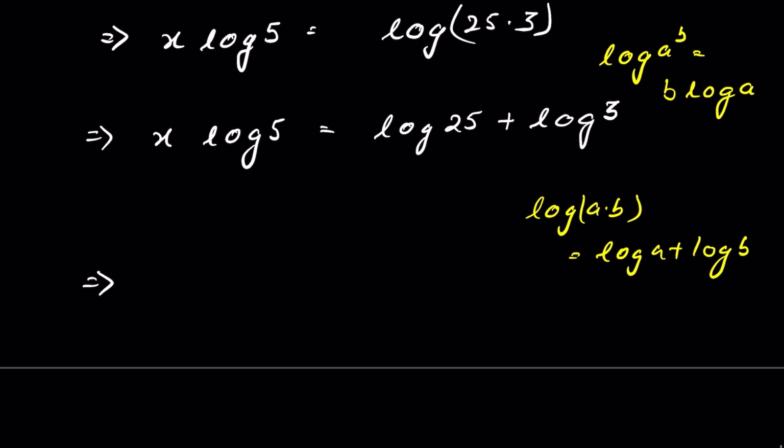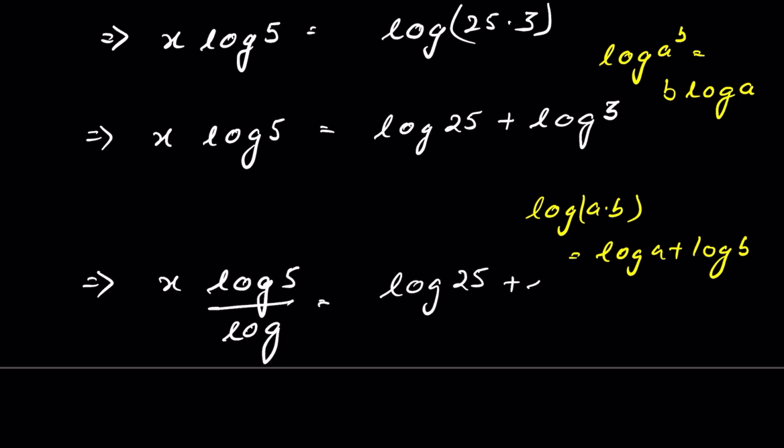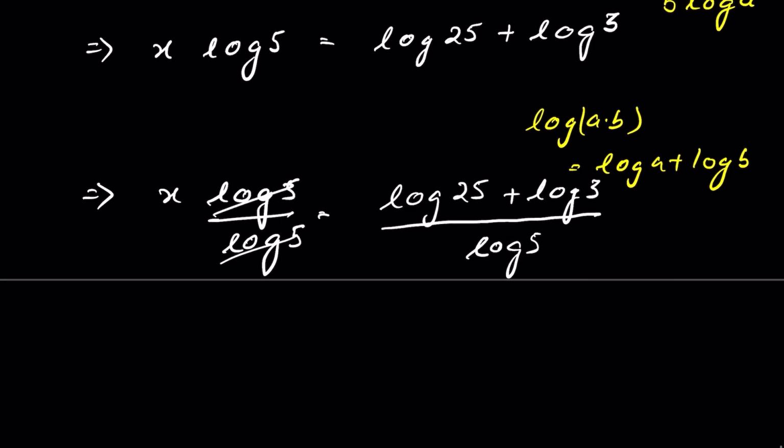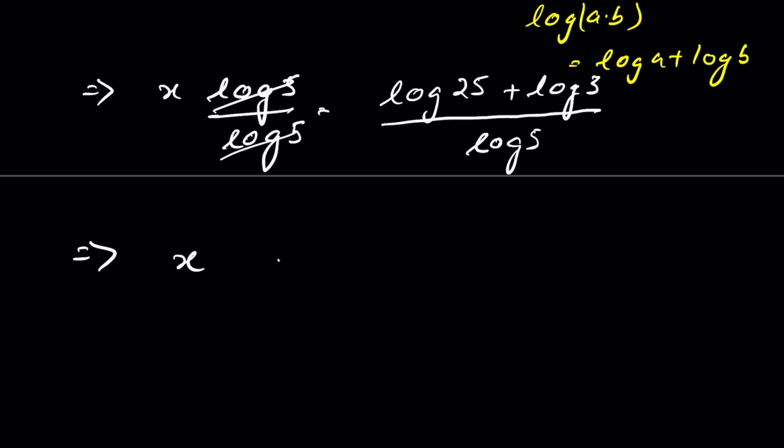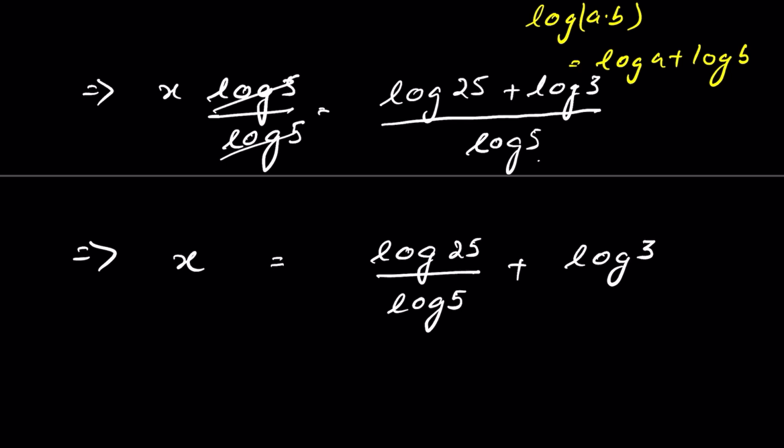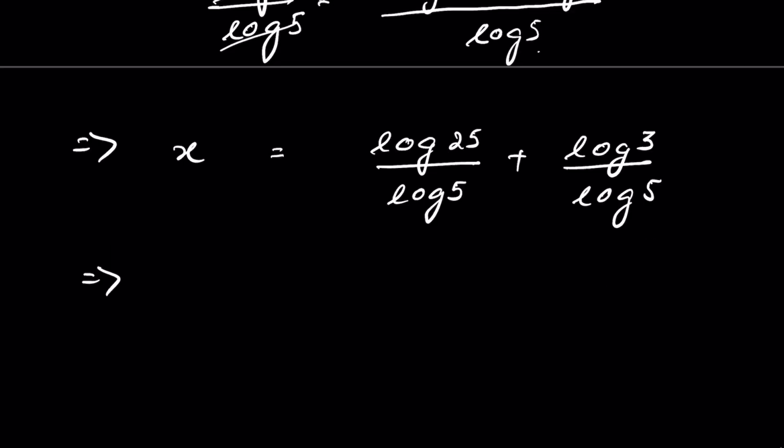Now divide both the sides by log 5. So it is log 25 plus log 3 upon log 5. So this log 5 and log 5 get cancelled. So x is equal to, log 5 is the common denominator here. So we can write log 25 upon log 5 plus log 3 upon log 5, or x is equal to,